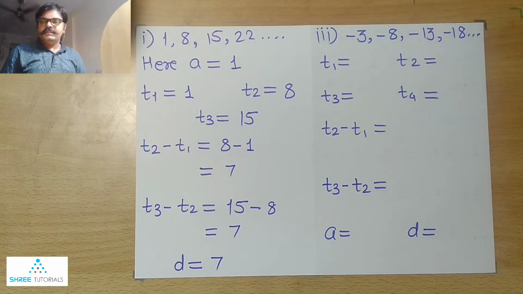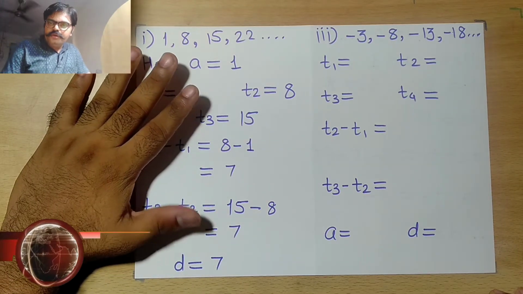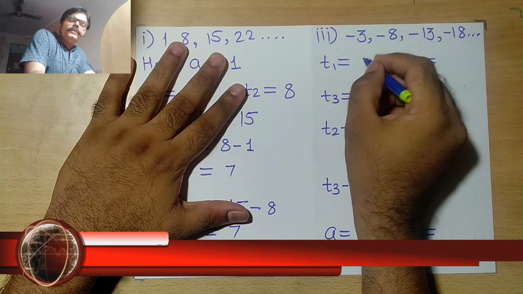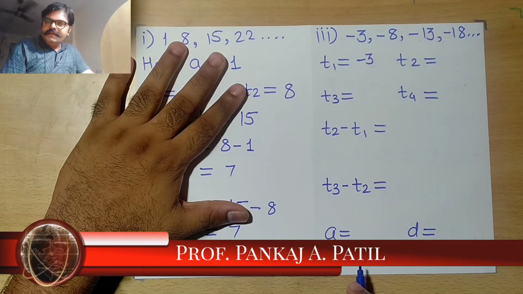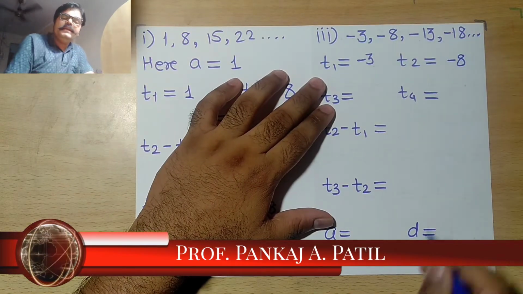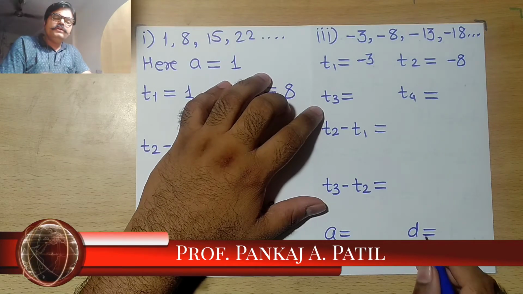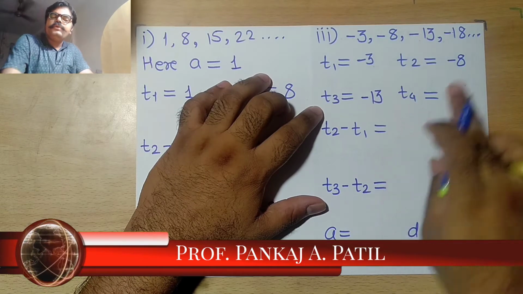Okay, so this is another arithmetic progression they have mentioned over here. This time as well we are supposed to fill in some blanks. The first thing we are going to do is T1's value they have asked us. Now kindly note, T1 is going to be the first term from the sequence, that means we are talking about minus 3. So this minus 3 we have mentioned over there. T2 means the second term from the entire sequence, therefore T2's value we can have is minus 8. T3 means the third term from the sequence, that means minus 13,